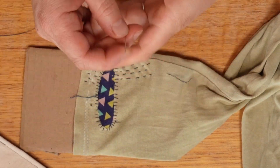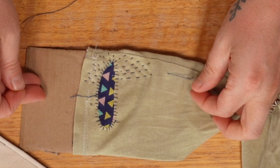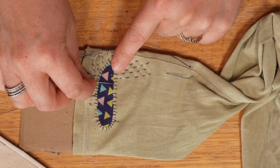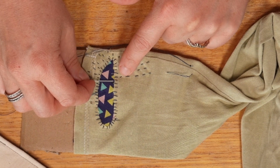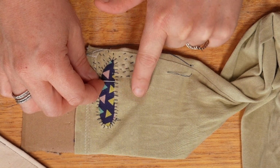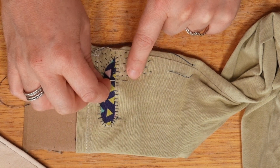Okay, I'm now popping another thread in. As you can see here, the other thread ran out. So I just want to show you how I pop a new thread in without you seeing the knot that I've made. So I just slide the needle between the two fabrics, so between the patch and the shirt, and then go in a bit further in,